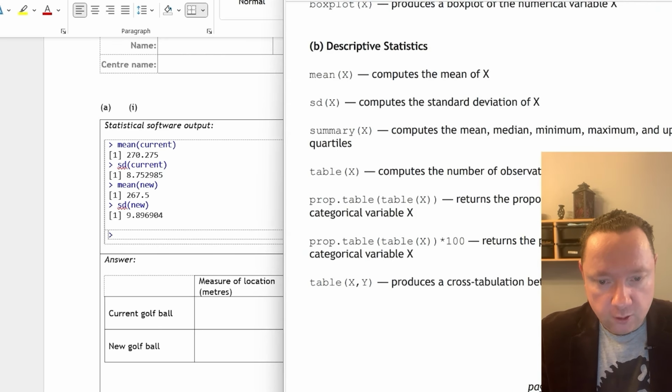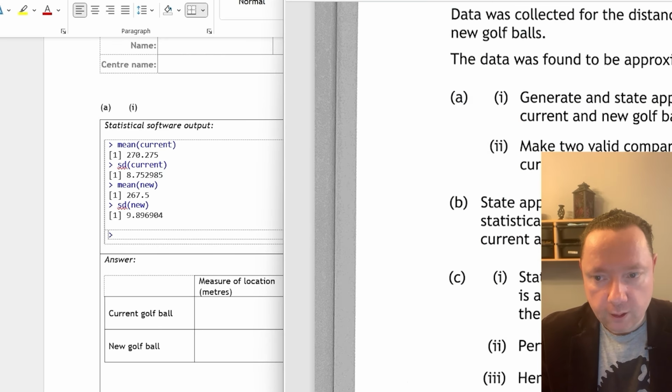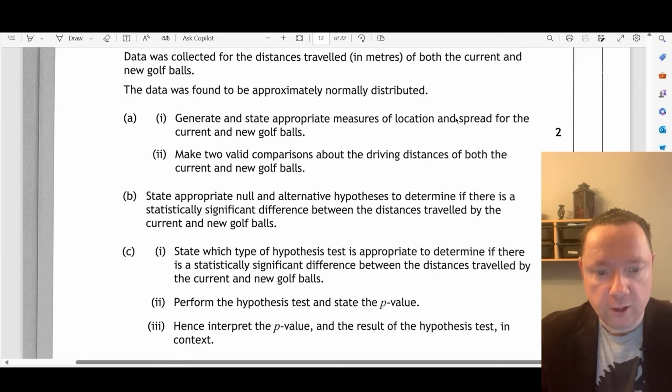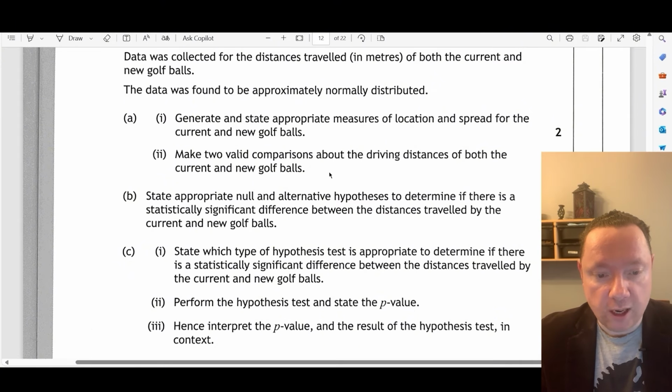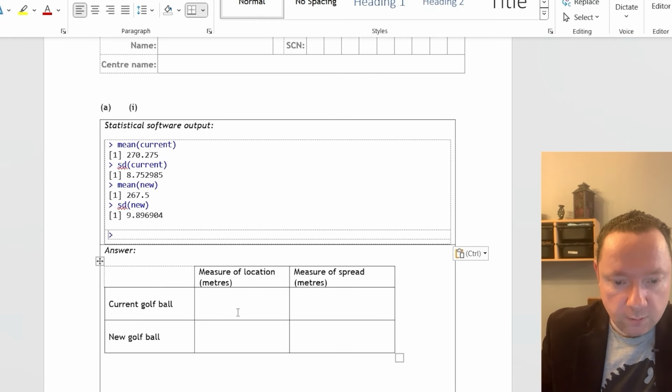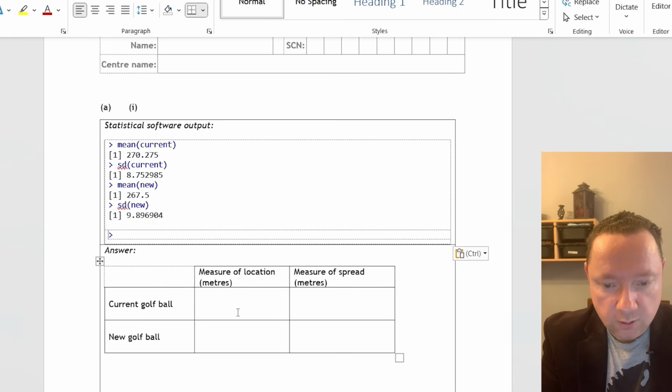And is that everything we have to do? Generate appropriate measures of location and spread. Yeah. Make two valid comparisons about the driving distances of both current and new golf balls. So let's just put this in. Measure of location, meters, measure of spread. So location is the average, so it's